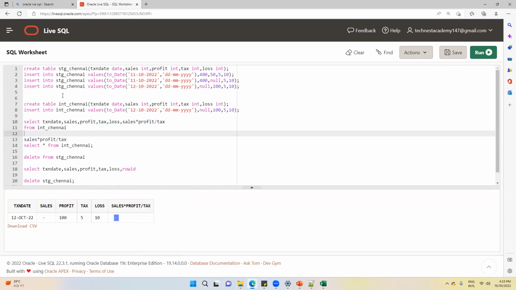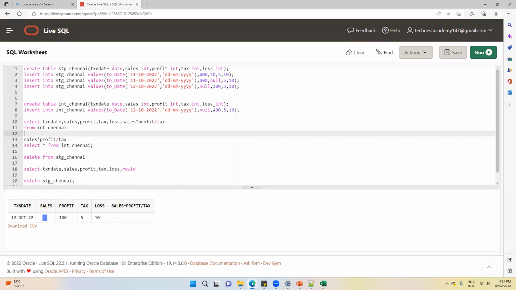Now, Anita, if you don't have a staging layer, you said that I want to dump this data directly in the integration layer. I've dumped directly in the integration layer. Now I derive this value and this is null. Now on the report, you will show this as null, correct? Your business stakeholders will ask, Anita, why is this null? You will do the analysis and tell them it is null because sales is null. Then they will ask why you have not checked with the source team, why they have sent sales as null, correct? So that is why before applying the formula, we want to dump all these numbers in the staging table.